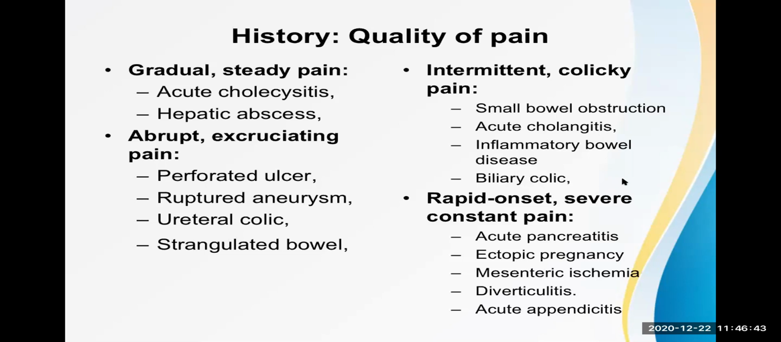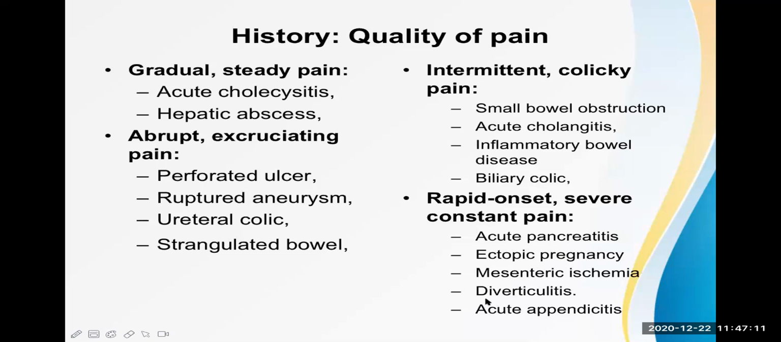If gallbladder pathology occurs, there will be colicky pain. The whole GI tract will result in colicky pain. Urinary bladder pathology will also result in colicky pain. Ureter pathology will cause colicky pain. And biliary duct pathology also will have colicky pain. Never forget this. Now, another one, rapid onset, severe and constant pain occurs in acute pancreatitis, ectopic pregnancy, mesenteric